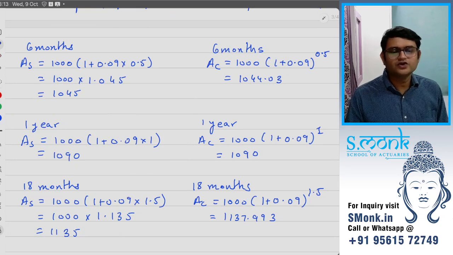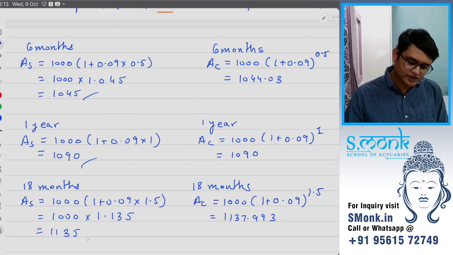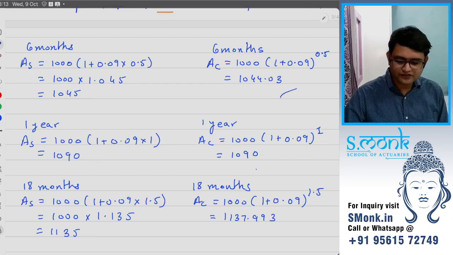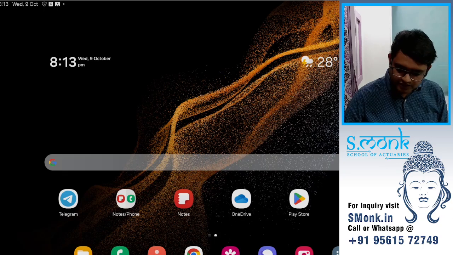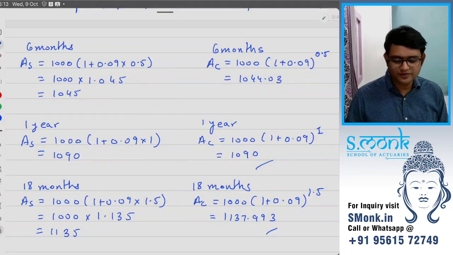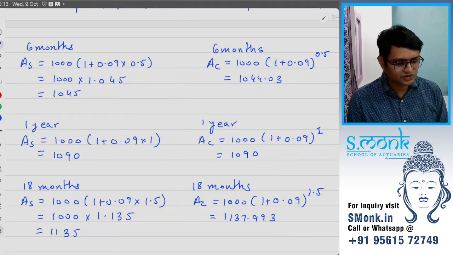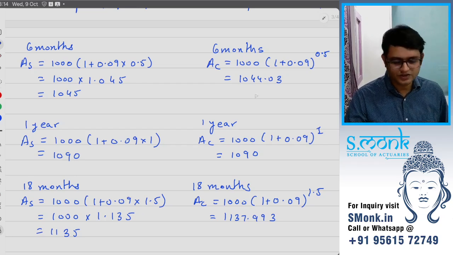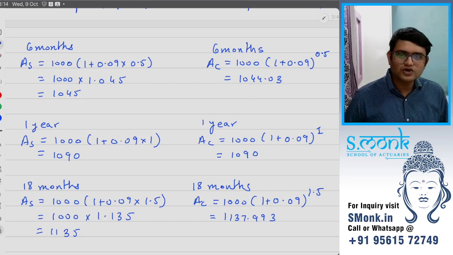Okay, so again you can see that for simple interest we did not use calculators, but for compound interest we did require calculators. It's not impossible to do without calculators, but it will be very lengthy. Compound interest is not that simple to calculate, but compound interest is consistent. Anyways, I just wanted you to compare here.